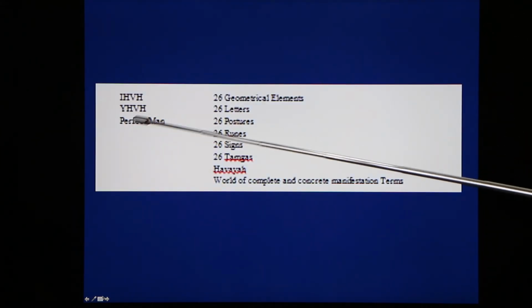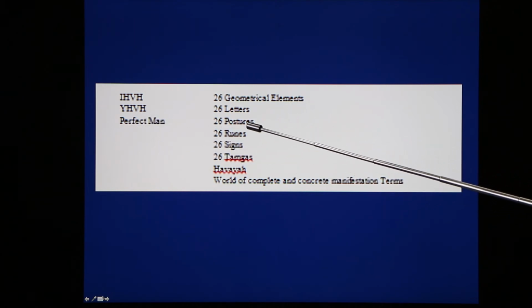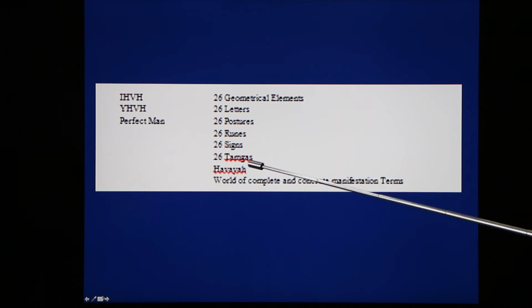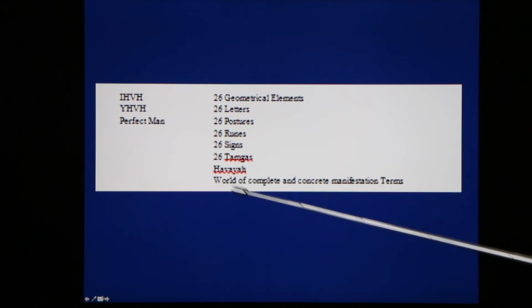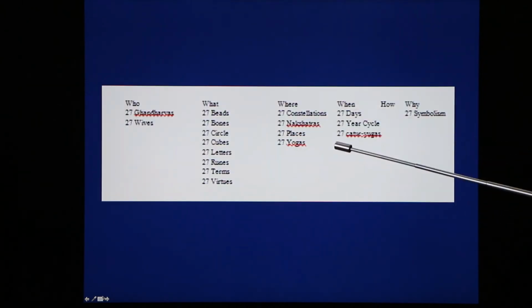25 different ways of writing Yahweh, perfect man, 26 geometrical elements, 26 letters, postures, runes, signs, tamgas, the word Havaya, the world of complete and concrete manifestation. 27